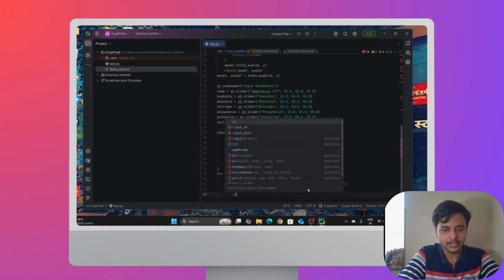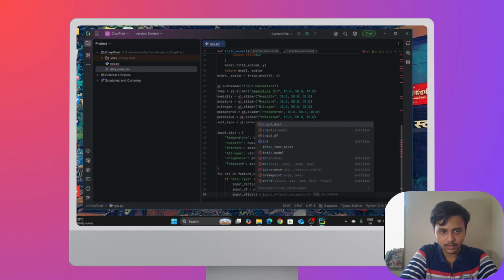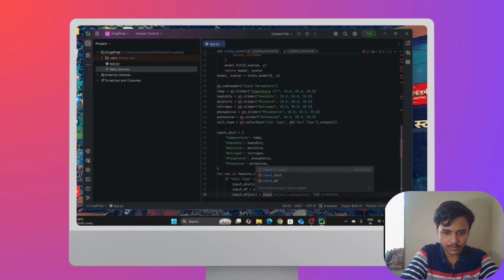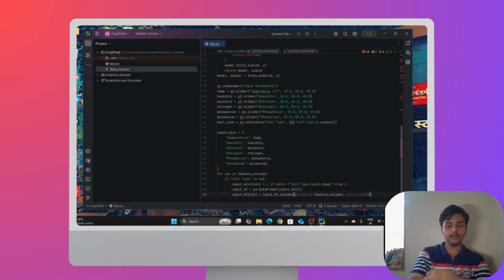And the last is input_df equals input_df dot reindex, columns equals feature_columns, and fill the values with 0 to ensure the same column order is present for all.